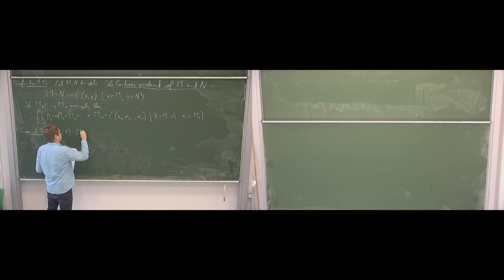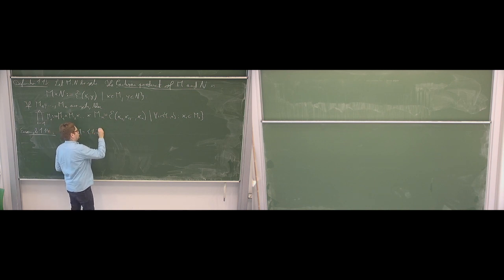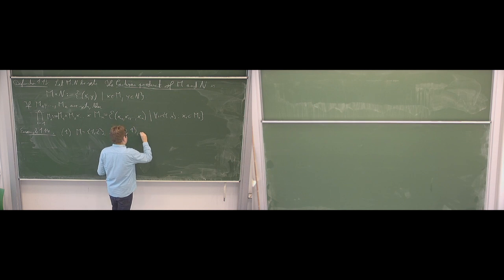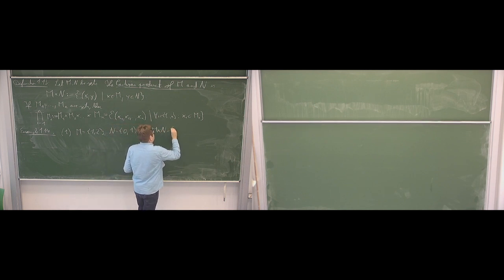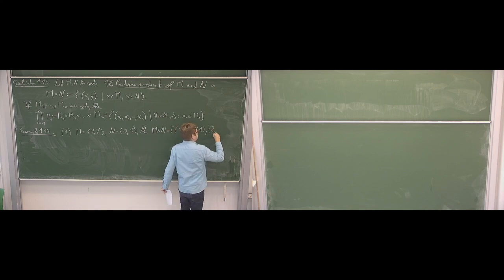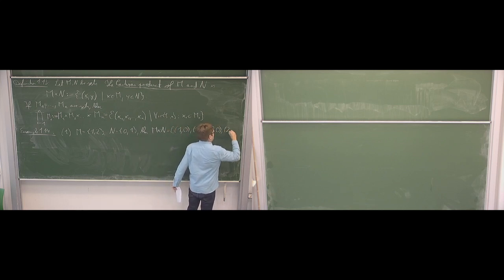If we just take M to be the set containing 1 and 2, N the set containing 0 and 1, then the product of these is the set of pairs such that the first component is in M and the second is in N. So how many possibilities are there? Let's see. We take first, the first one is a 1, then the second one can be 0 or 1. So we have 1, 0 and 1, 1. Now we take the first component to be 2, then we again have two possibilities, 2, 0 and 2, 1,